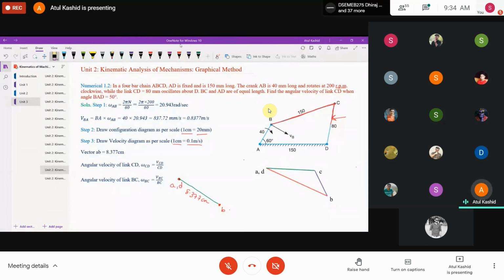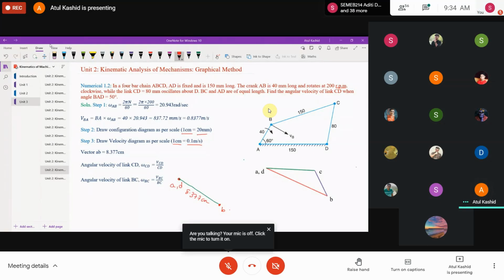So that will make our work easier, right? So we have to identify, as I told you, the links which are having the absolute velocities. For example, we targeted AB, where B was rotating with respect to the fixed point A. Here CD, if we target, the C will be rotating with respect to the fixed point D over here, right? So now whatever absolute velocities are there, they will always start from A comma D, right?